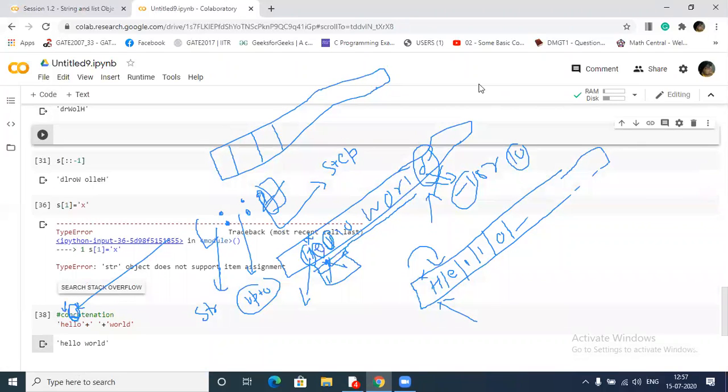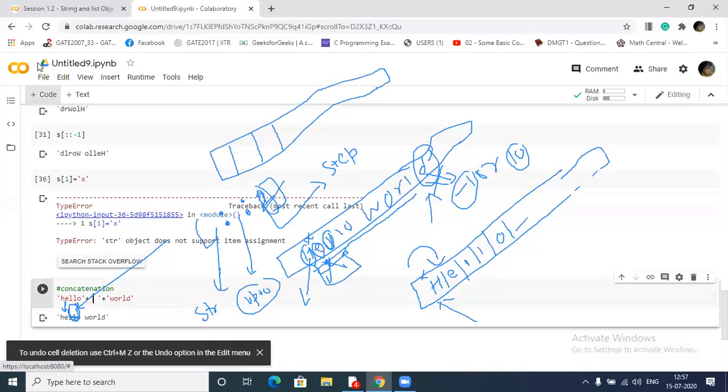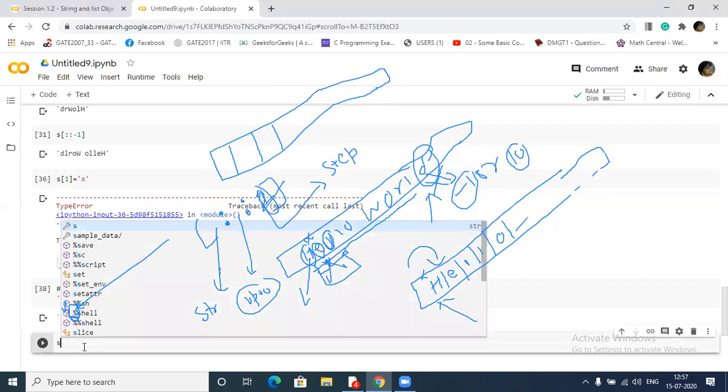Control enter works here. Shift enter means you are running the code and one extra new cell will be generated below. I will run by this command next time. We already have hello world in S, right?